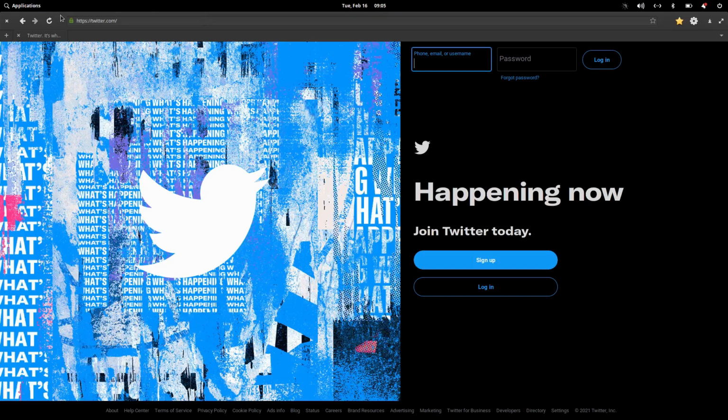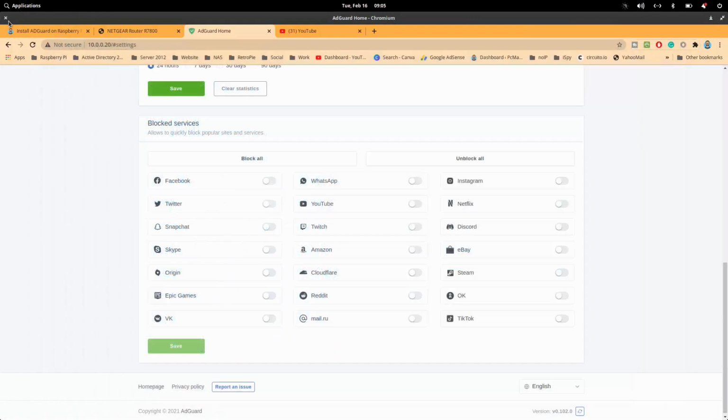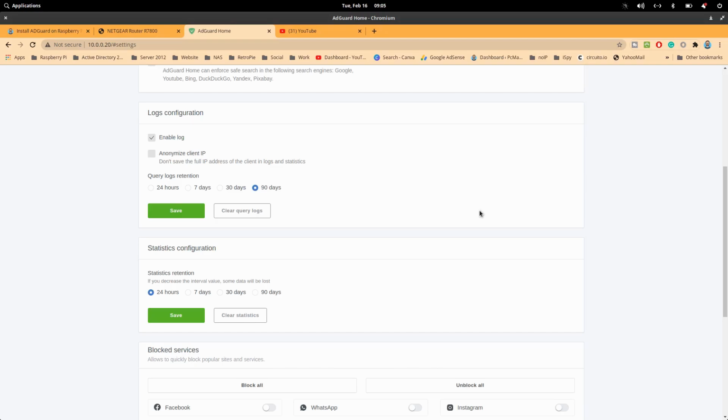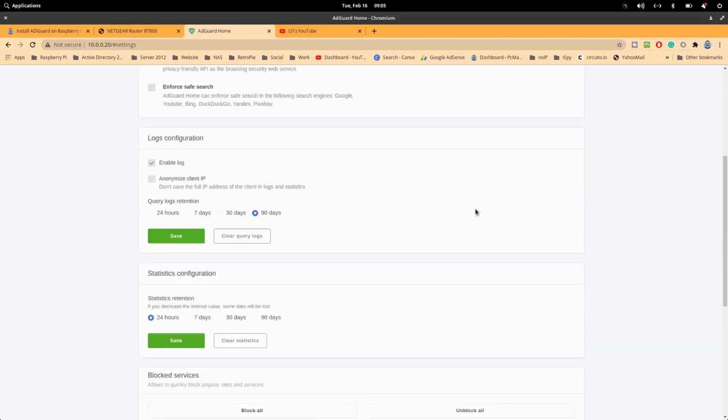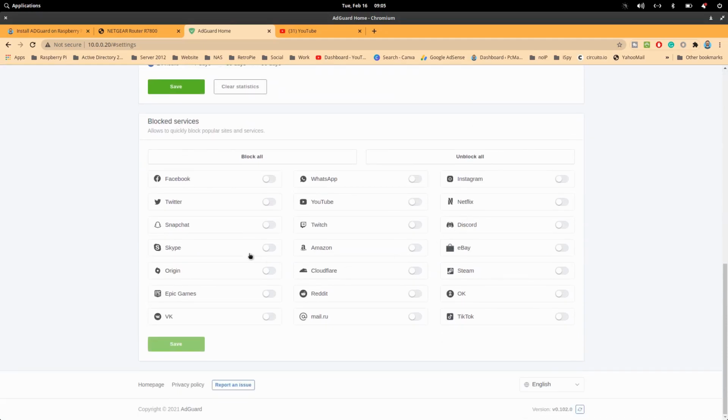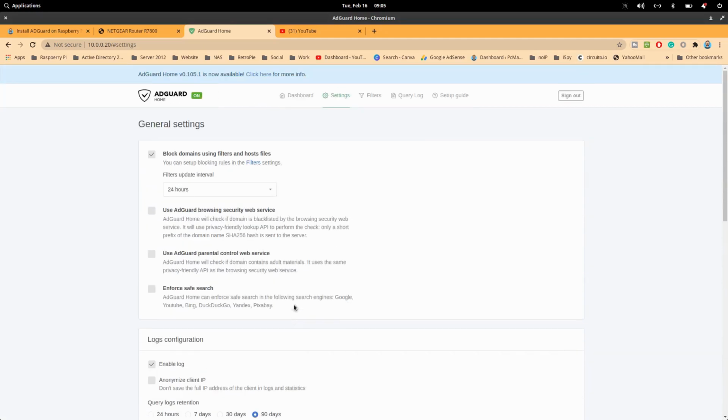So this is the way you can use this AdGuard server and block ads on your network, and also you can block specific websites through this AdGuard server, as I already showed you here. You can also use a custom list. Other options are also available. You can use them and share your thoughts in the comment section.